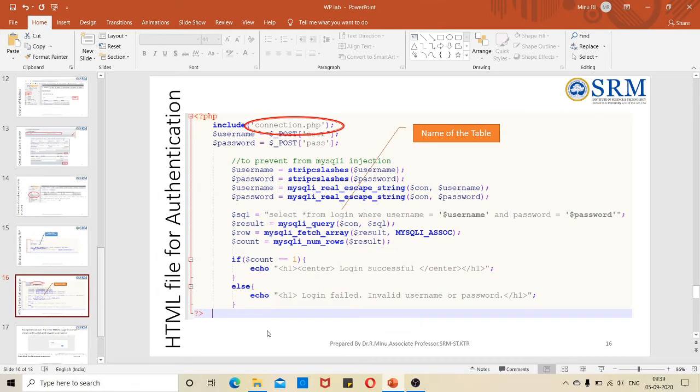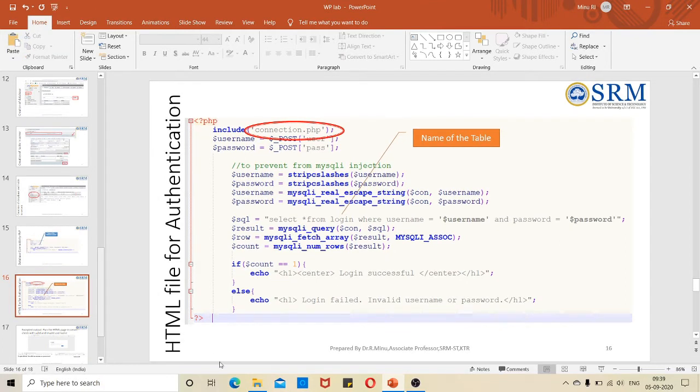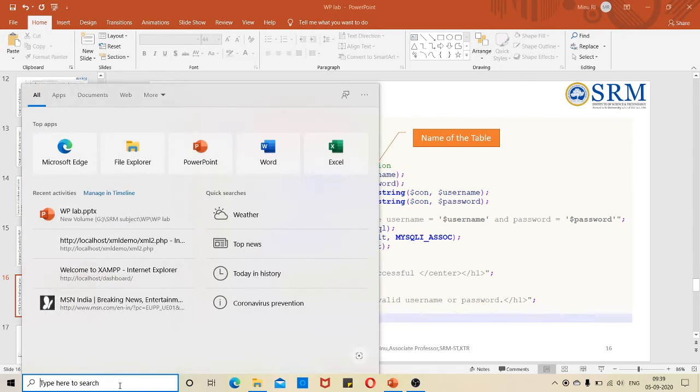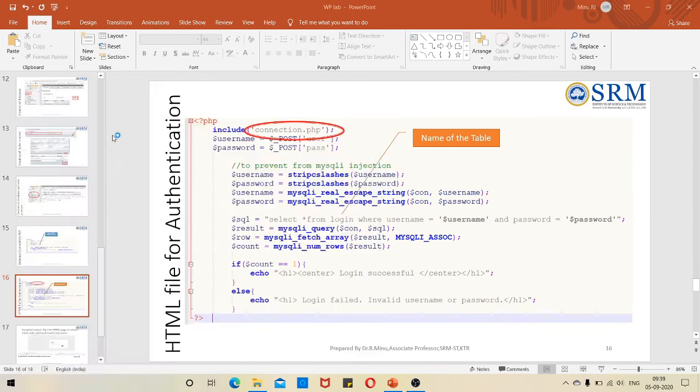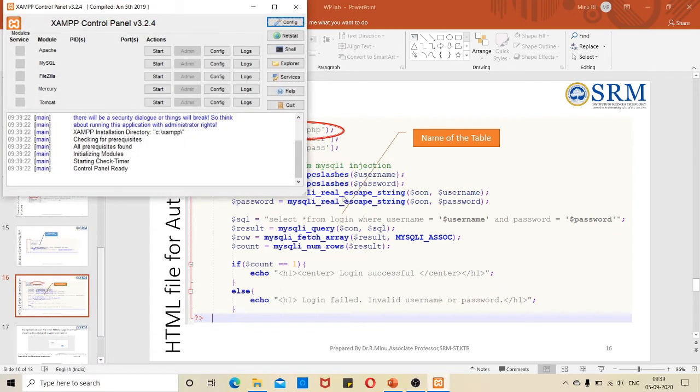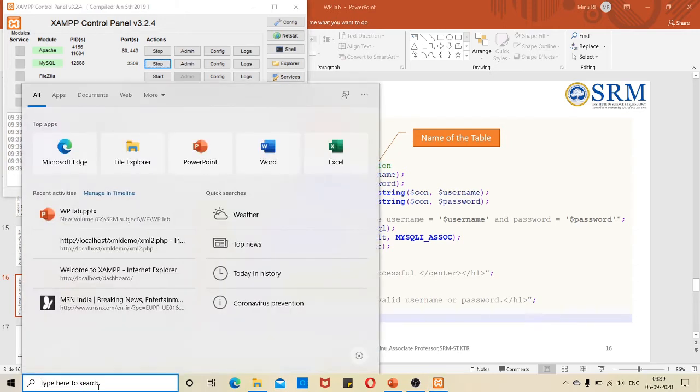Okay, so before starting this demo, first we will run my server. So XAMPP control panel. Before running your code, you open your XAMPP control panel, start your Apache and start your MySQL, so that my local server is on. To ensure that, let me open it in a browser.